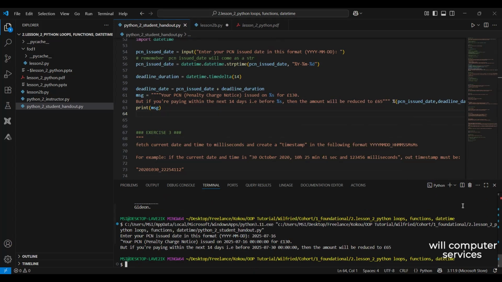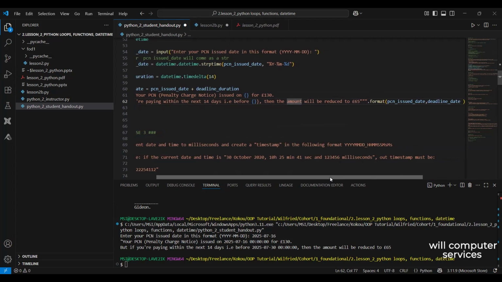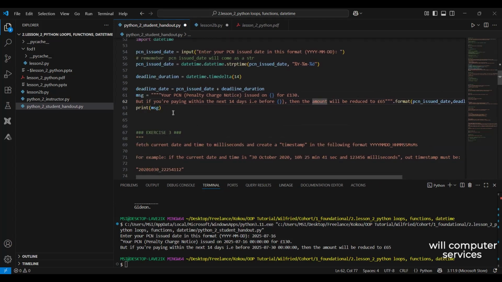So if you don't want to use the format approach, this is one way you can do it. And if you don't want to use %s, you can also use format. You just have to put curly braces as your placeholder, and instead of this percent sign, you say dot format, right? Then in the same order as we want the values to be put there. So if I run this now,